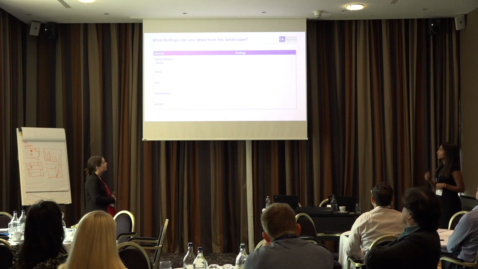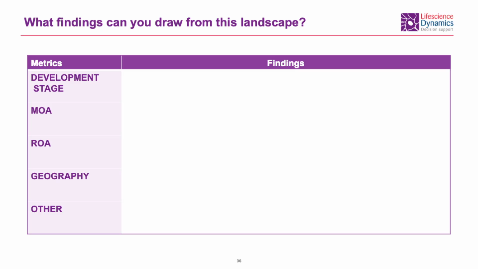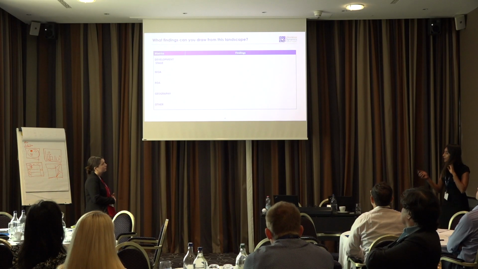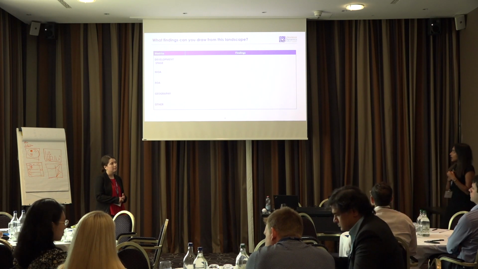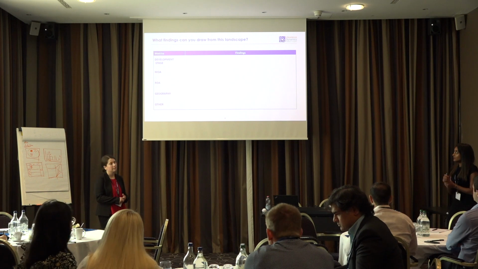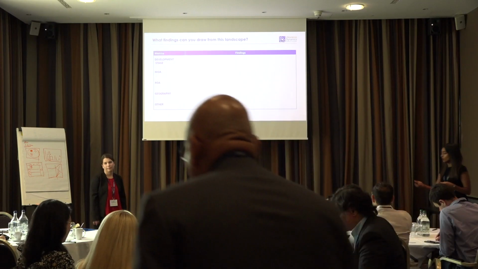So we just want to give a moment for you guys to talk between yourselves on the implications of this landscape. What are the findings that we can now draw from looking at this landscape? What can we comment on the development stage, on the MOA, ROA, geography, and any other commentary on this? If you want to jot these down, I can put the landscape up again and give you 5 minutes to talk among yourselves about this. So what are the key trends there, and any other commentary that you can